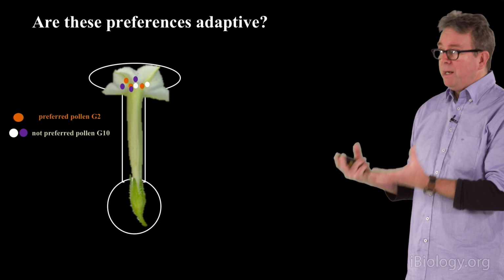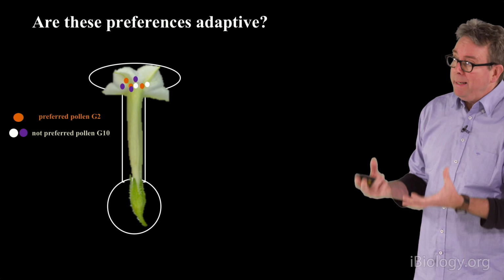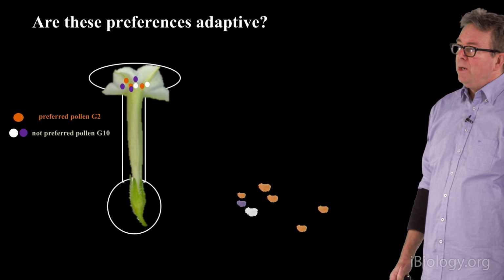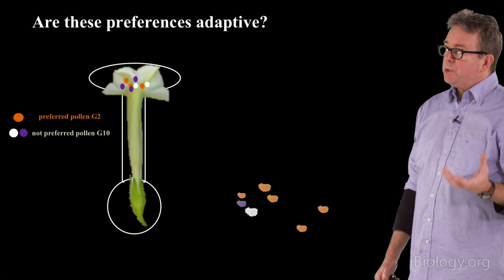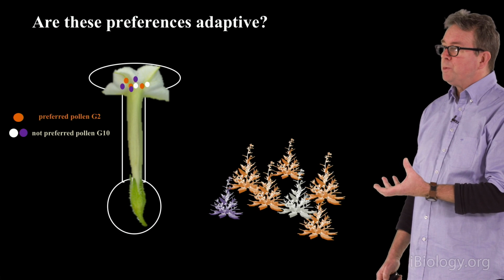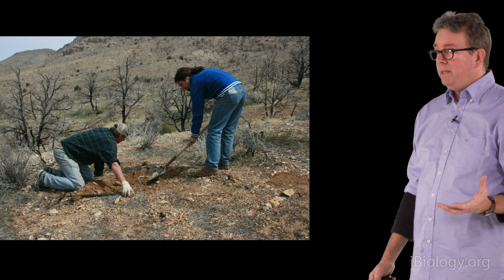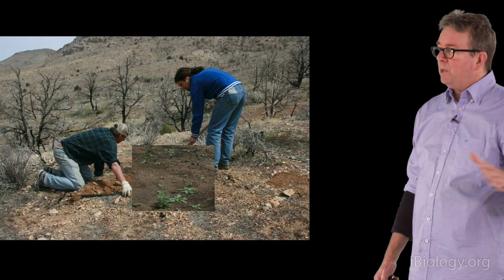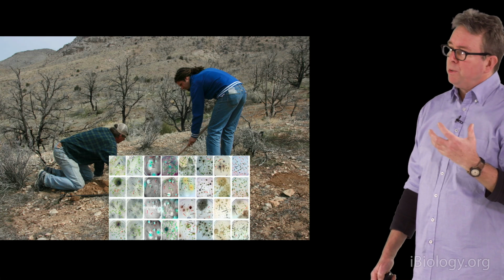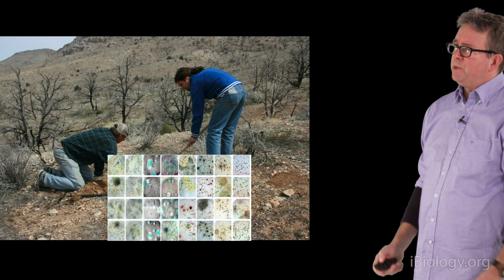Okay, so now for the really big question: these females have very specific and consistent mate choice preferences. Are these preferences adaptive? In other words, can the female actually select good mates versus bad mates? Now, how do you do that? Well, one way is to find out whether or not the mates that they choose sire seeds that live longer in the seed bank and are able to grow into viable offspring when the seed bank finally gets activated. So we've been testing that hypothesis over the last almost 15 years, creating seed banks all over Utah with various combinations of seeds, and looking at all the different mortality agents of the seeds, because the seeds are attacked by fungi and other types of bacteria as they lie there in the seed bank.